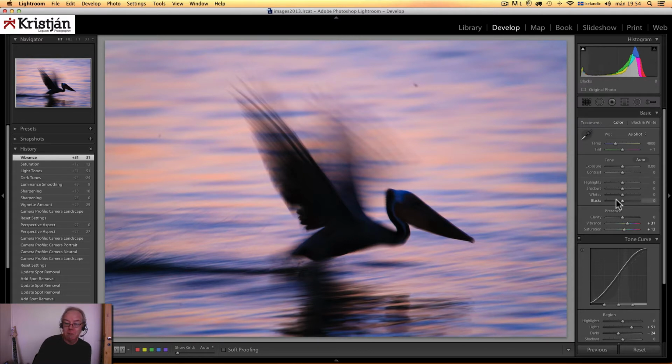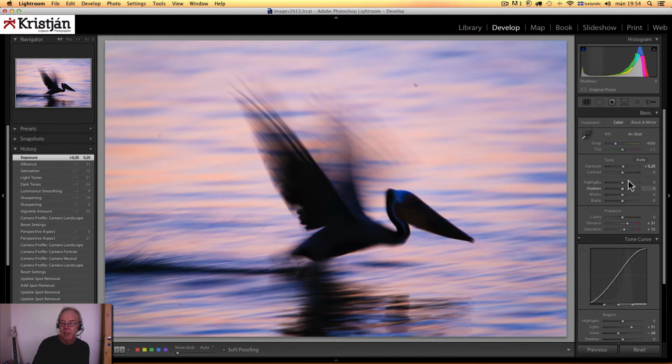Now blacks, we're gonna leave that for now. I'm gonna push this up just a little bit. I'm gonna push it up to 20. Contrast, I'm gonna push the contrast up to 31. It's quite a high contrast, and we'll see I'm starting to lose details here, but we're not gonna be